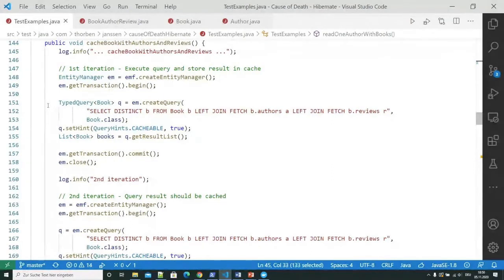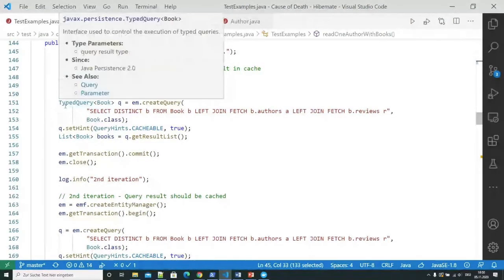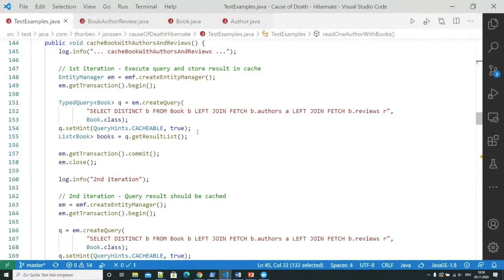So Hibernate can cache query results, and that is, well, a two-edged sword. It can be great and improve the performance of your application dramatically, but it also introduces several pitfalls. The first of that is that you not only need to execute a query multiple times in your application, you also need to make sure that you execute it with exactly the same bind parameter values. Otherwise, you don't get any benefits from your query cache. You also need to make sure that you have almost no changes on the database tables that are used in that query.